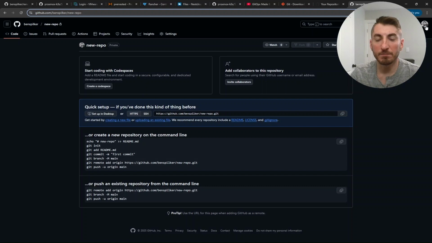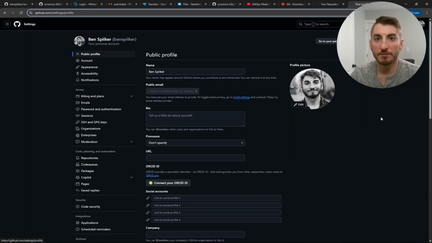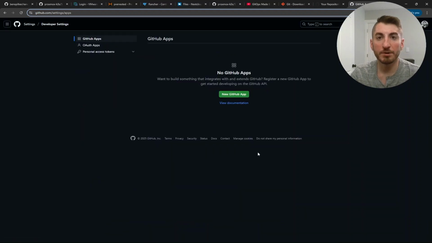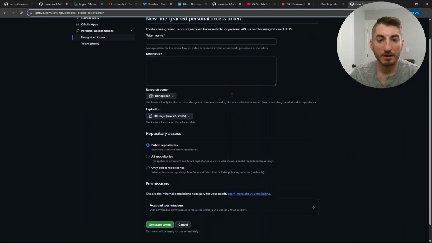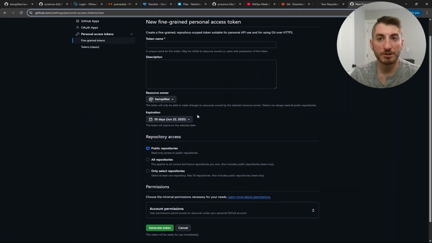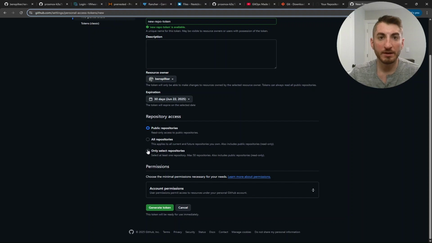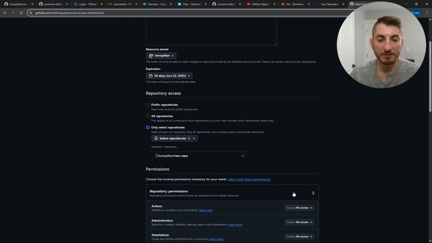We'll click our profile here in the top right corner, and then go to Settings, and then scroll down to Developer Settings, and then we'll create a personal access token, which will be a type called a fine-grained token. We'll generate a new token here, and it does have an expiration date for security. I'll give it a name like New Repo Token. And since we made our repository private, we have to select it here,